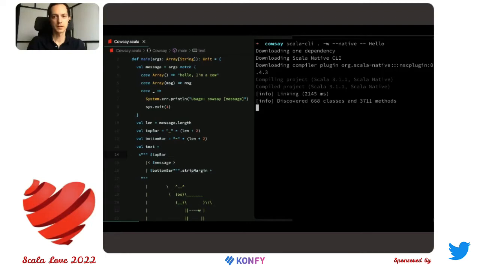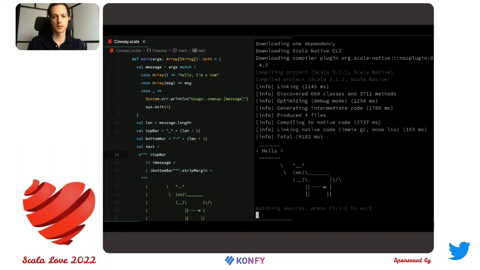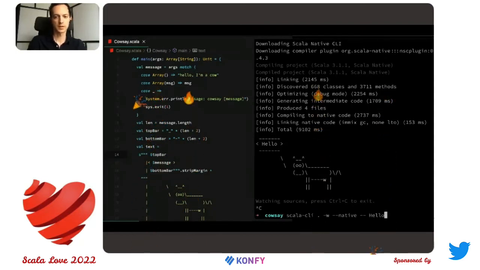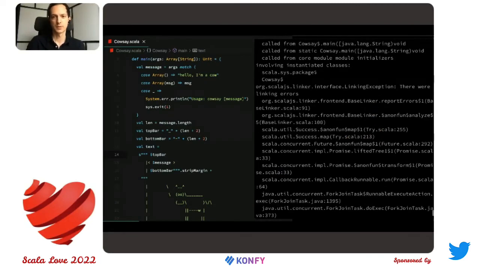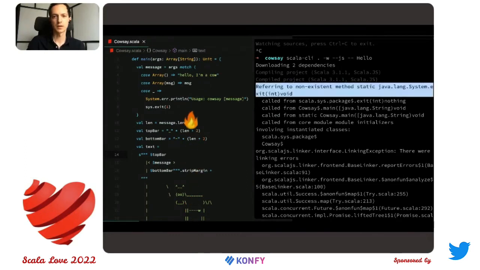Scala Native does its thing here. And it works. So for Scala.js, let's give it a try. Download a few more things. And we get an error here. So what is this error? We get a reference to a non-existent method, system.exit from sys.exit here, which means this call is not supported on Scala.js. But the good thing is,